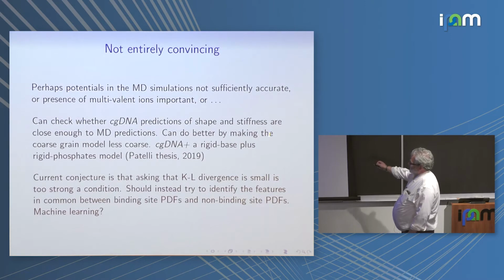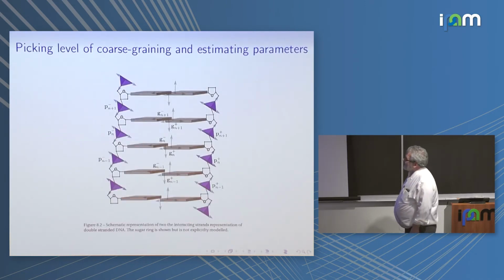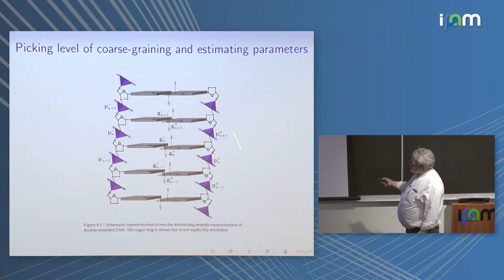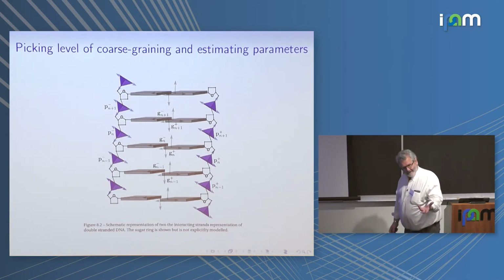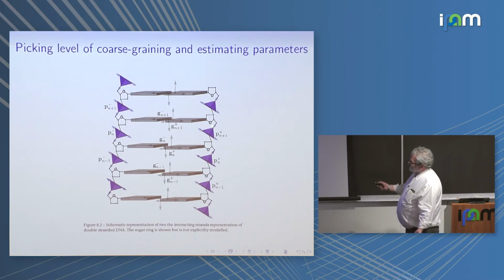So now I want to just say a little bit about this. And in fact, I think this is of more general interest, even if you don't care about DNA. This is a more detailed picture of a piece of double-stranded DNA. This is 5', this is one orientation, anti-parallel. Here are the bases, and so on. So the data I showed you is actually for the cgDNA, which is the rigid base model. So the phosphates are in the model, but only implicitly, because in fact it's a marginal.